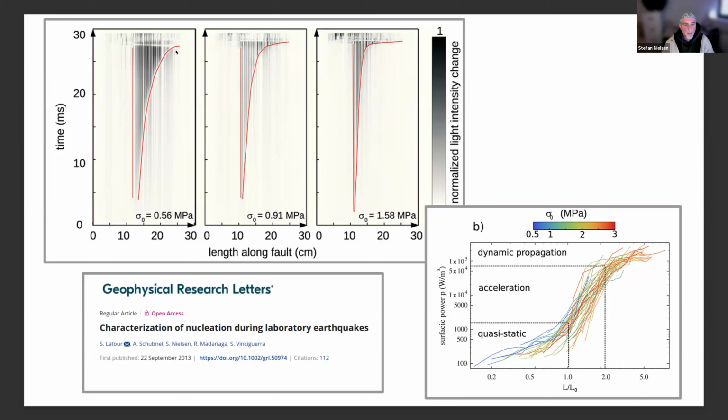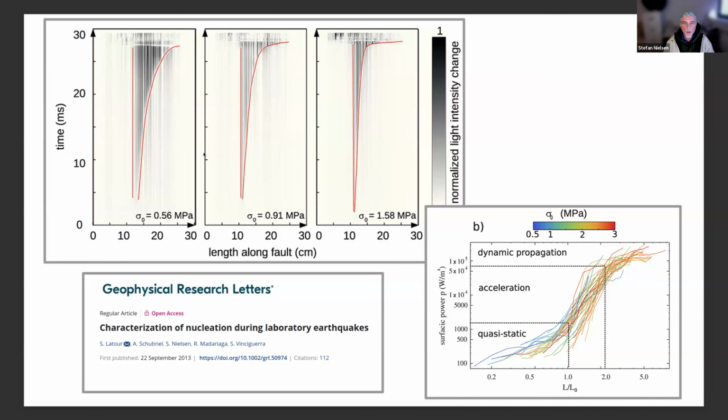And what we did observe back about 10 years ago was that you had different developments here. If the nucleation was a little larger, the acceleration was slower. And then for smaller nucleation sizes, it seemed to accelerate faster to reach the dynamic or the limiting velocity in less time. And the way you control the nucleation size is by increasing or decreasing the normal stress. And there seems to be 2 or 3 different phases during the rupture front advancement.